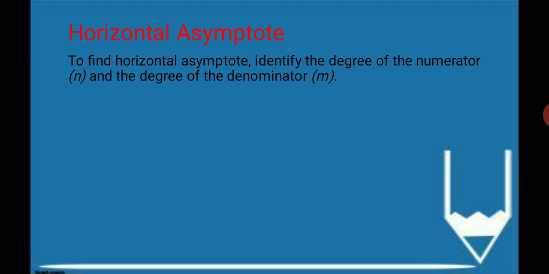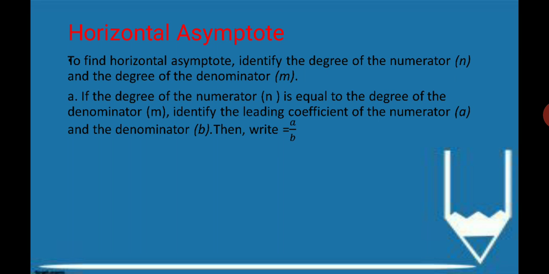To find the degree of any polynomial expression, we just need to determine the sum of all the exponents of the same variable. Since in this rational function we are only using one variable, which is x, we will just be focusing on the exponent of x. Whatever is the highest exponent, that is already the degree of the expression. Okay, now after finding the degree, what are we going to do?